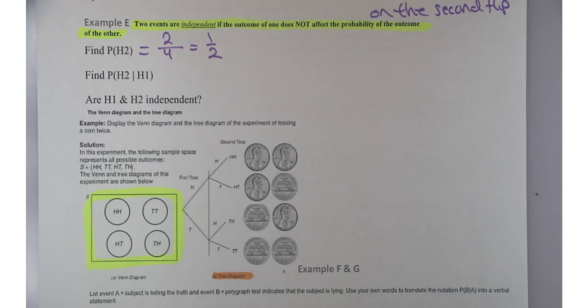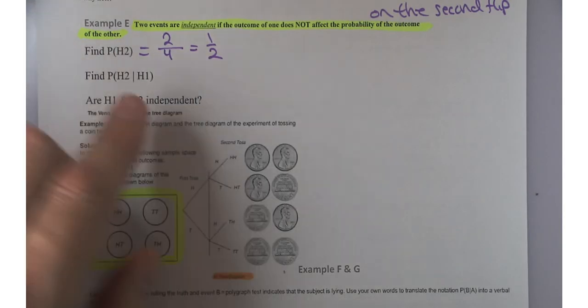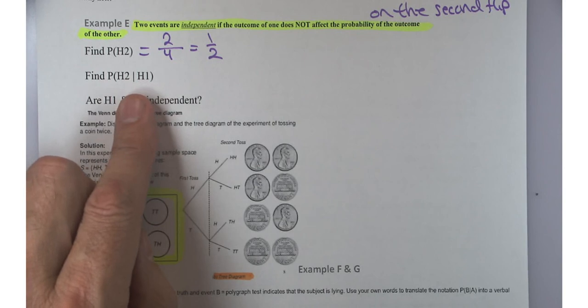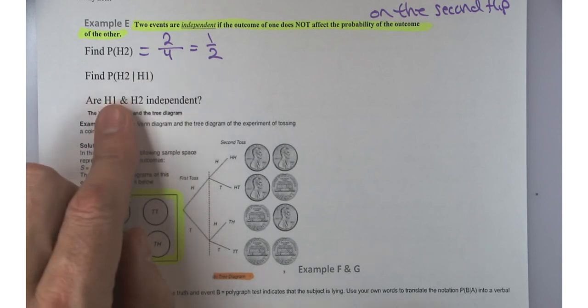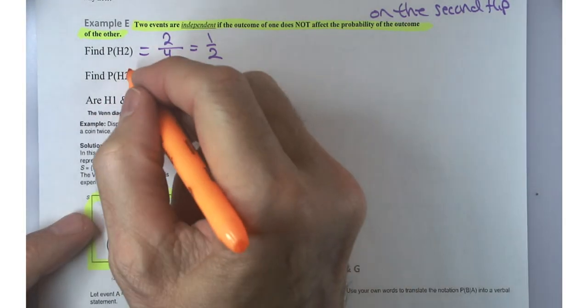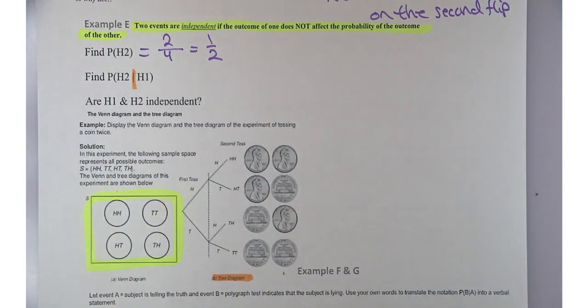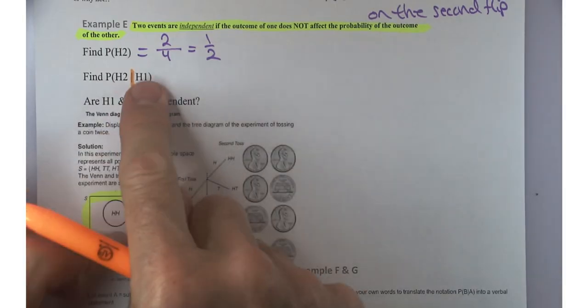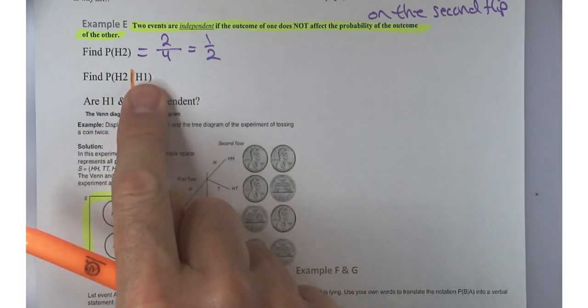Now, let's look at the second one. Can someone put into words what this is saying? What probability are you being asked to calculate? Patty? Close. Both being heads, but what's this little vertical bar here mean? Given. So in words, the probability that your second flip is head if your first flip was already head. Right? Yeah. So given that you flipped a head on the first toss, what's the probability of getting a head